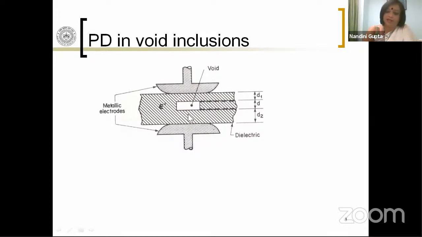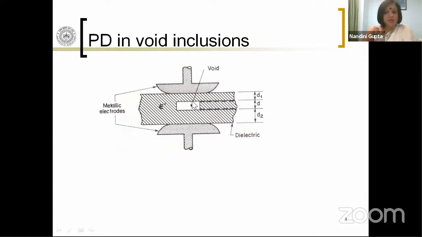So there will be a breakdown of the void. What does breakdown of the void mean? What I mean is, when you apply an electric field, there would be charge deposited on the capacitor plate on the top, let's say, and at the bottom. At the same time, due to leakage current, some charges will flow through the solid dielectric